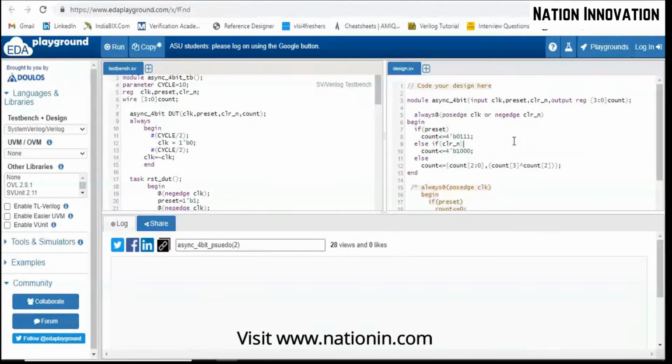If the clock is positive, then does the clear have to be negative? No, it's not necessary. We can take it positive also. If we take it as positive, no issues with that. But we take positive as set. Set is there, right? So these are some terms we represent, like if clock, you will be able to see in the circuit.